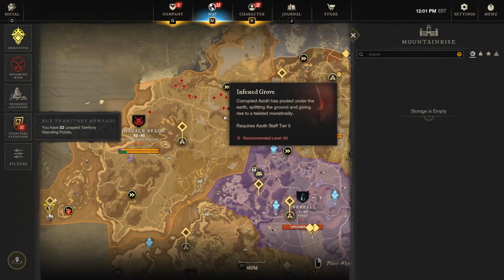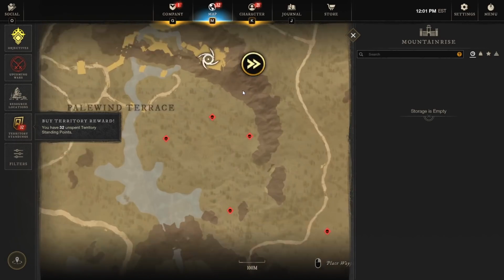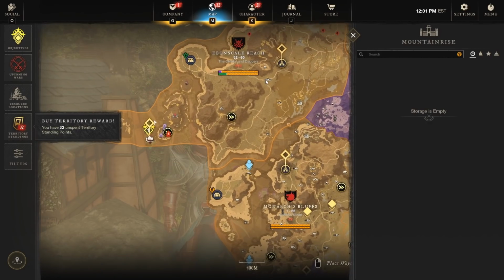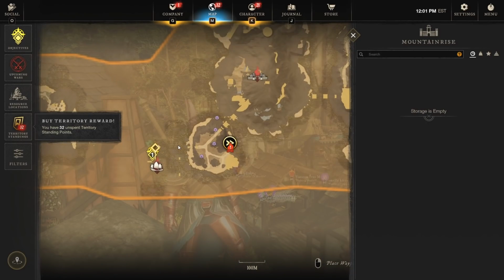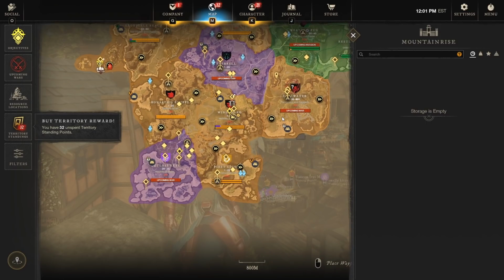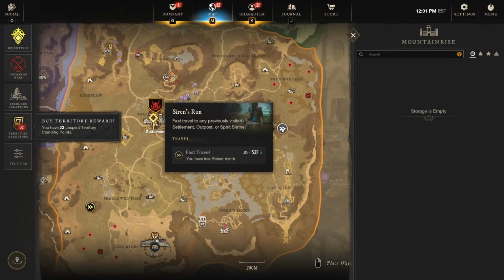Once you have recalled, wherever you recalled to, you're going to fast travel to Lover's Shrine, right here. And you're going to run through, grab chests there, and then you're going to recall to a house again. You're going to fast travel to Imperial Shrine and grab some chests through there. Then you're going to recall to a house again, and you are going to go to the Siren's Run fast